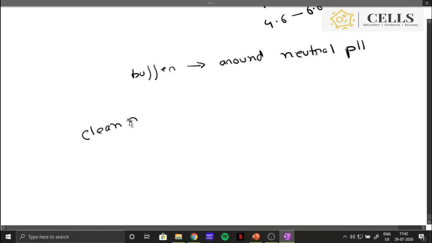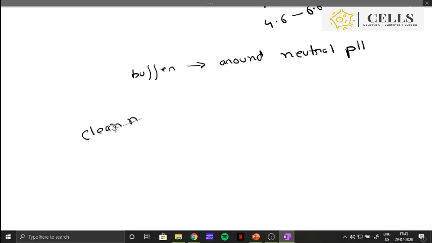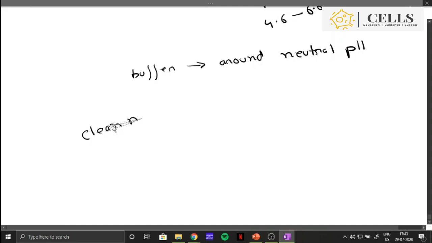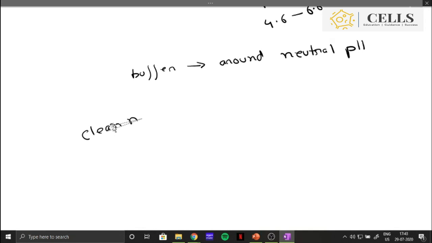So you have to clean your column sometimes, using buffer at high pressure. You are not using any protein, you are just using buffer at high pressure. High pressure will force those stuck proteins out of the beads. That is one way you can clean the column. You have to replace the column after a few years. You can't use it for long enough, and that's all. Also, some protein will get stuck in the column. That will happen anyway.